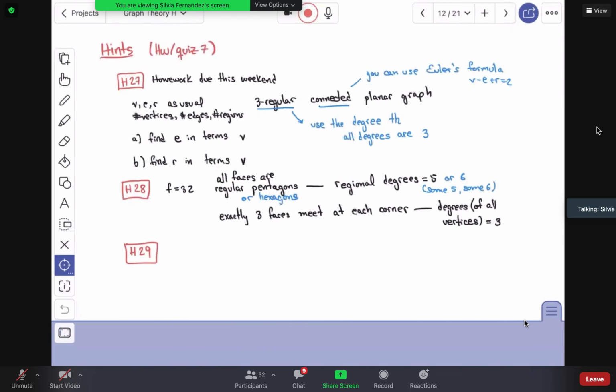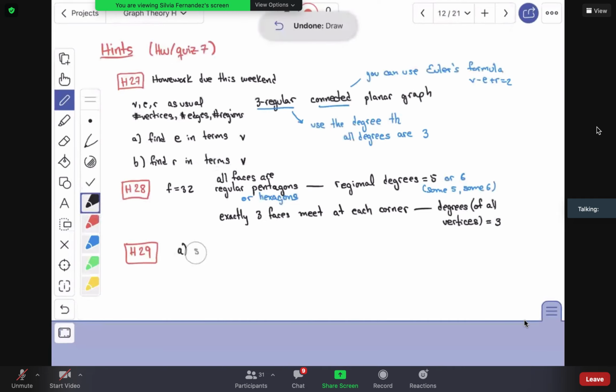Here. So let V, E, and R be as usual. Use the regional degrees in any plane diagram of G to show that R is less than or equal. Let me write it down. So